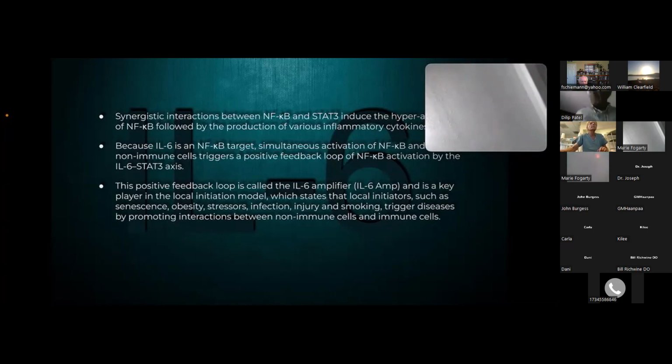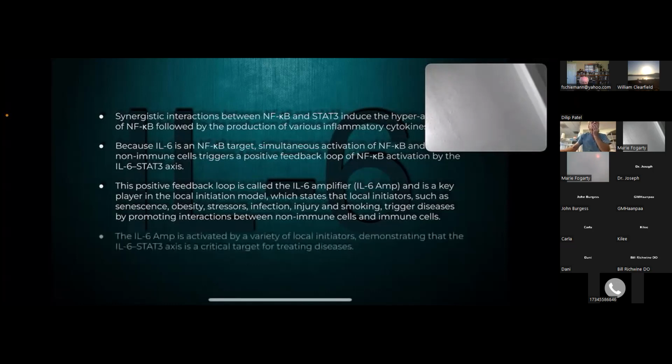You have too many of these things going on, and this amplification process happens with interleukin 6 being the main player. Interleukin 6 begets interleukin 6. Macrophages produce the interleukin 6. The T cells differentiate into Th17, and those produce interleukin 6. And pretty soon you've got a wildfire brewing.